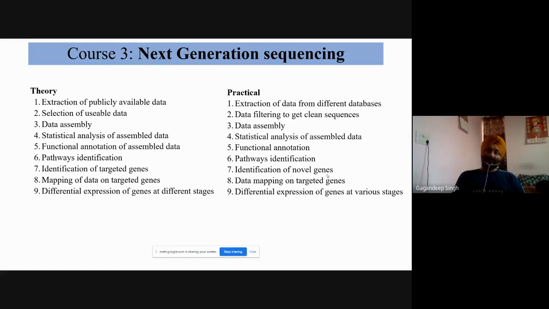After generating or extracting the data from publicly available databases, we have to clean that data. That means finding which reads are duplicated, or which reads have some error, maybe some AT or GC error, irrespective of any SNP. Maybe there is some sequencing error or sampling error. First, we have to identify clean reads from that data, followed by assembly and stats.